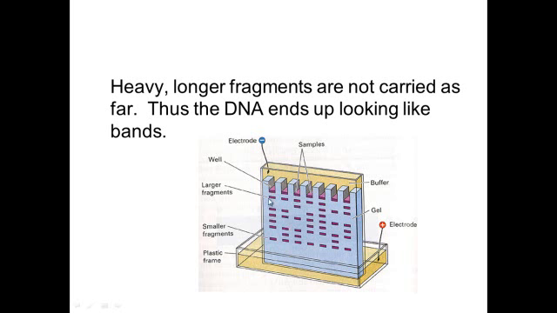The larger molecules go very slow. The gel that it's running through is very much like spider web material, and if you have a very large piece of DNA, it has to work its way between all the webbing to get through the gel. If it's a small piece of DNA, it doesn't have as much of a tail behind it that it's pulling to get through the little spider web stuff. So as a result, small fragments move very fast, large fragments move very, very slow, and it separates by size. These are real small, so they're going to separate like this.